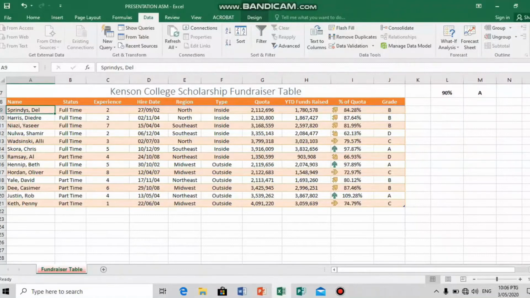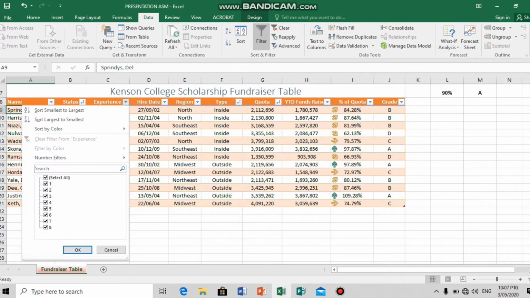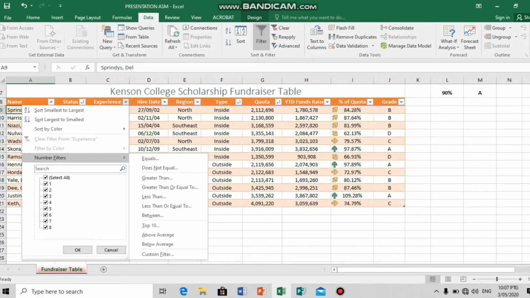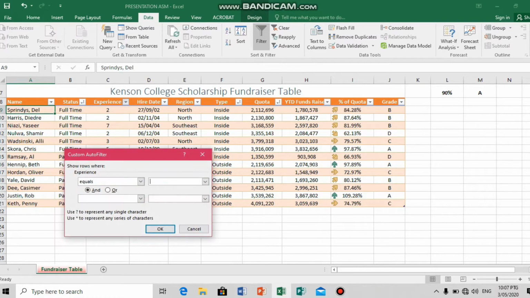To enter custom criteria using auto filter, first you must select A9 and then click the filter button to display the arrow in the table. Next, with the table active, click the experience arrow, select number filters and choose custom filter. And this is the dialog box. In the dialog box,